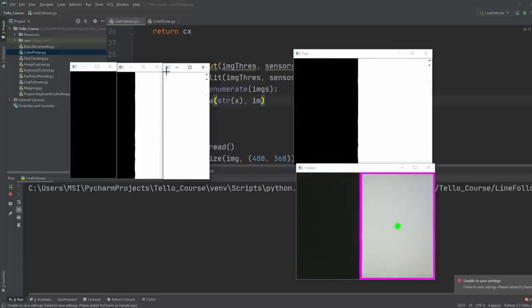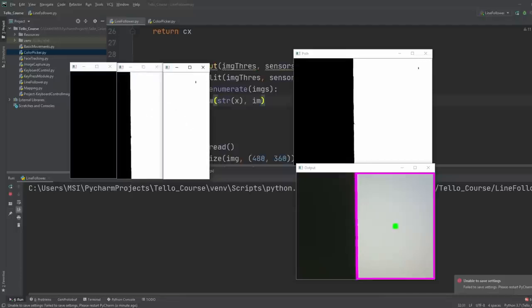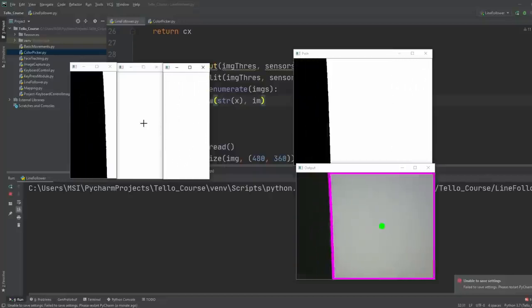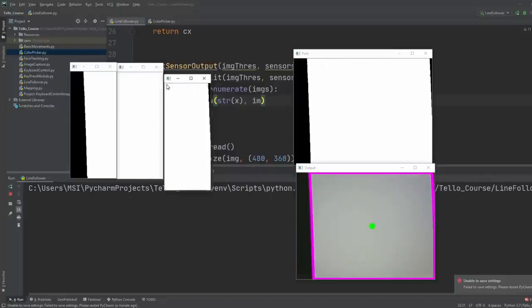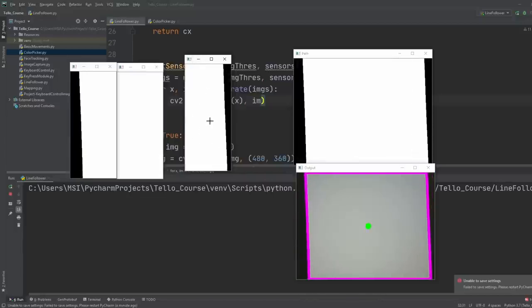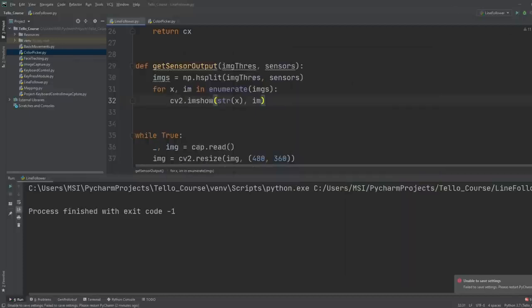If we have it like this, it will be 0, 1, 1, and so on. So this way, now we can check each of these images. So we need to count how many pixels here are white, and based on that, we can say whether it's on or off. So to do the counting, we are going to write here